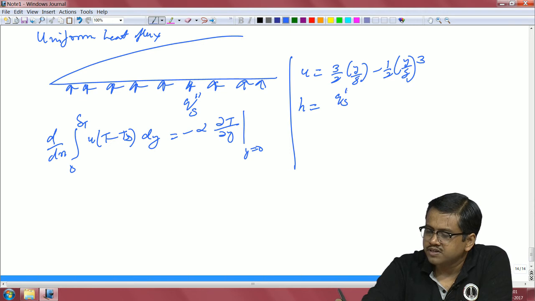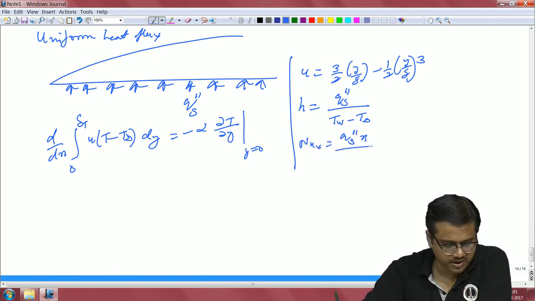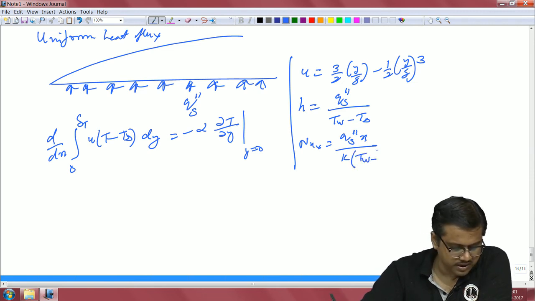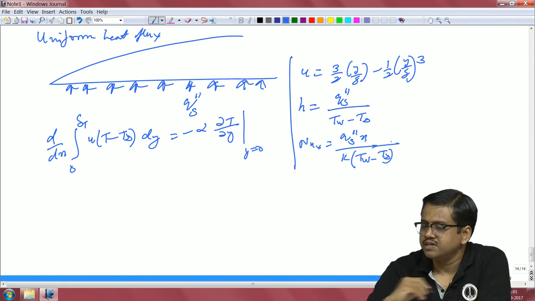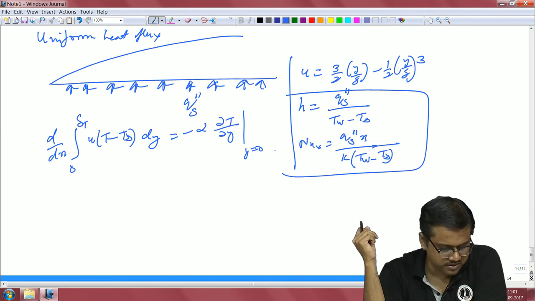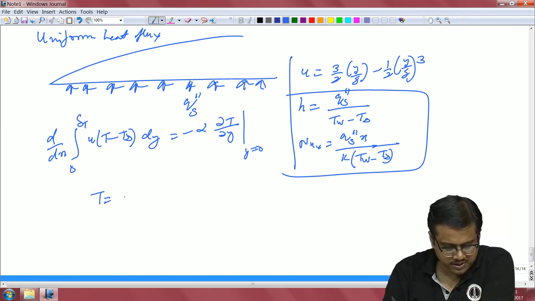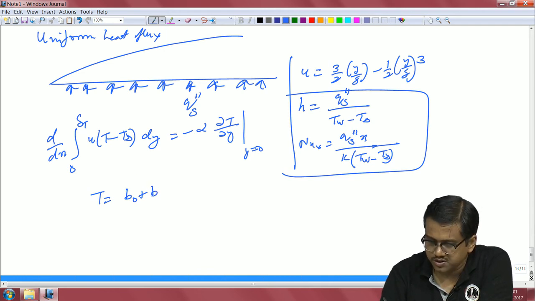So, instead of that we are writing it in this particular form, T wall minus T infinity, and Nusselt number is Qs double prime into x divided by k times T wall minus T infinity, right. So, these are the two expressions, a slight change because of the constant heat flux condition. Okay. You can once again assume the temperature to be the same form, B naught plus B 1 y, and if you do not want to write it in ABCD, you can write it in this way also,